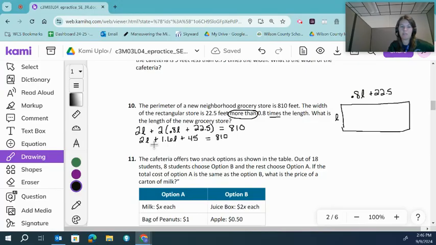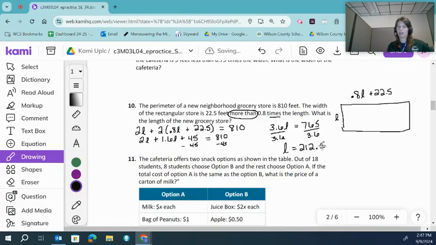And then I'm going to combine these terms, and I'm going to go ahead and do this step and this at the same time. So I'm going to subtract 45 from both sides. And then when I add those together, that's going to give me 3 6/10 L equals my 765. Divide by 3.6, and that gives me 212.5. L equals